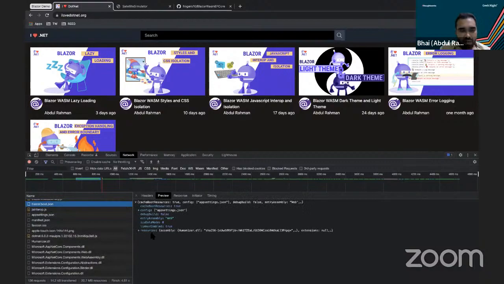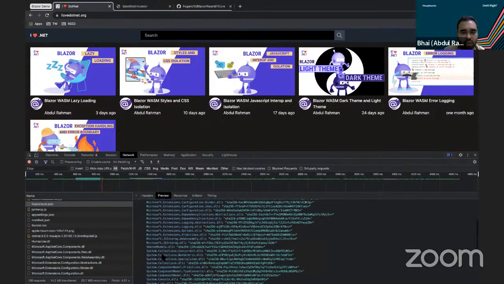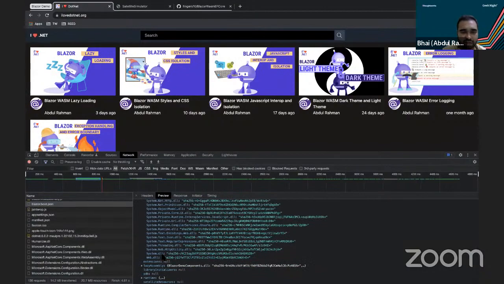Okay. So here we see all the required assemblies listed in this file, and this file, boot.json, will take care of loading all the assemblies, and we can